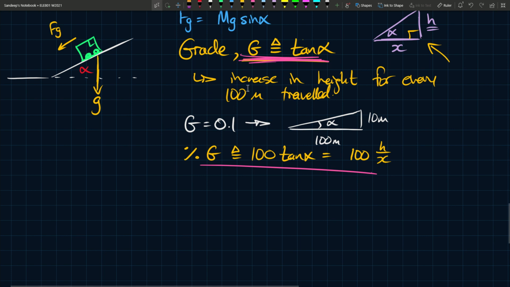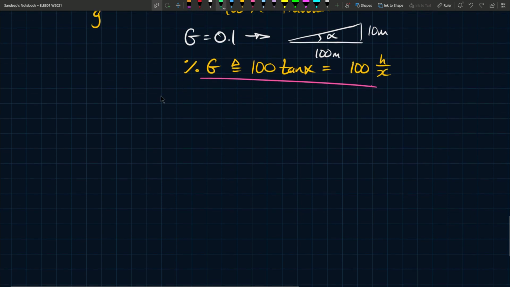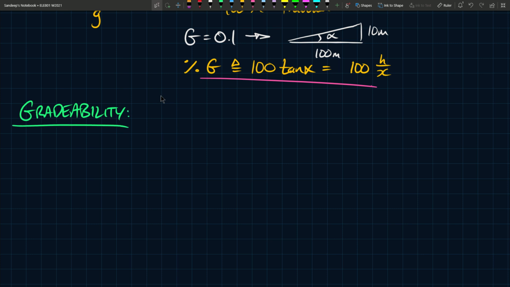Now there's another fairly important measure when we deal with grades, and that's called the gradability. The gradability of a vehicle refers to the maximum percent grade that a vehicle can climb at zero acceleration. That means there's no net force. So we can say, max grade climbable